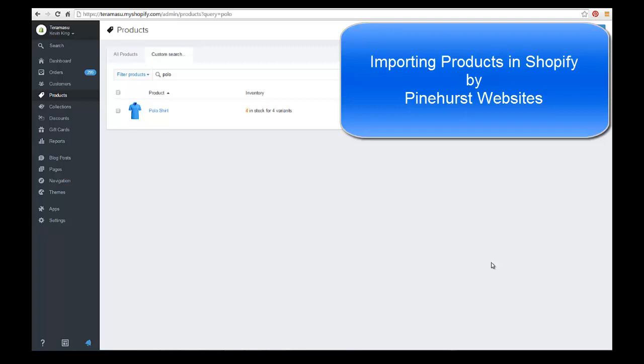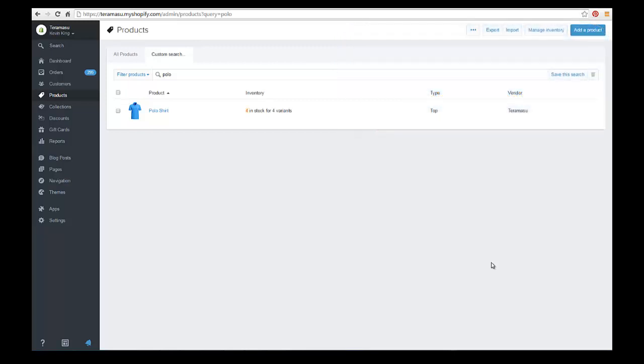So this can be a little bit tricky when you're doing variations. When you're doing records that are single records with single images of your products, it's a little less complicated. So I'm going to start with a variation item and show you what it looks like when you're trying to